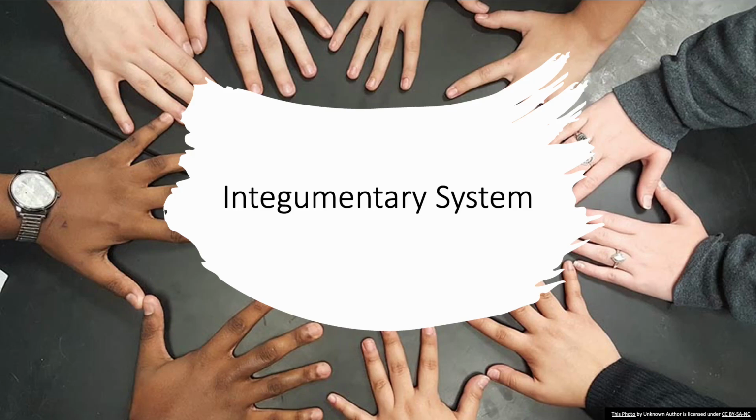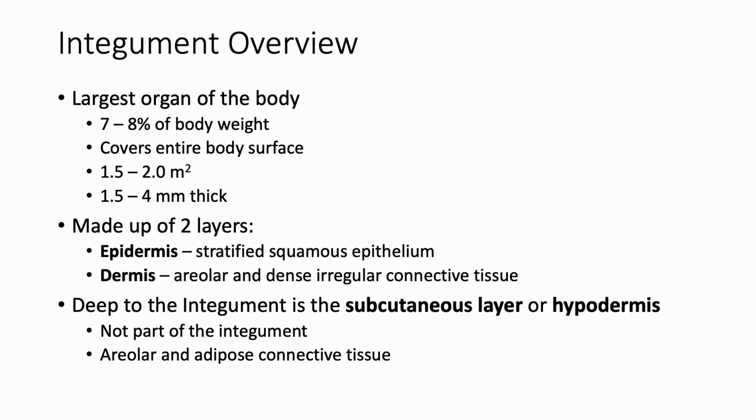So for today, our lecture video will be the first part of a series on the integumentary system, or the skin. And let's just start with an overview. So it is an organ because it's made of multiple tissue types. And it makes up about 7 to 8% of our total body weight. And we know that it covers our entire body surface. And it's about 1.5 to 2 square meters total, and the thickness is somewhere, depending on where at, 1.5 to